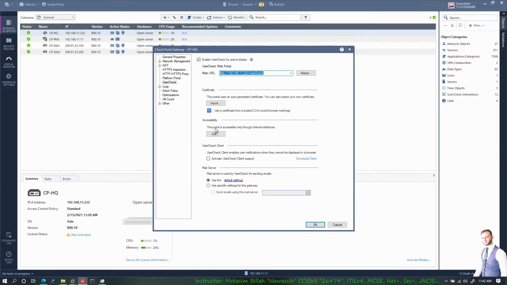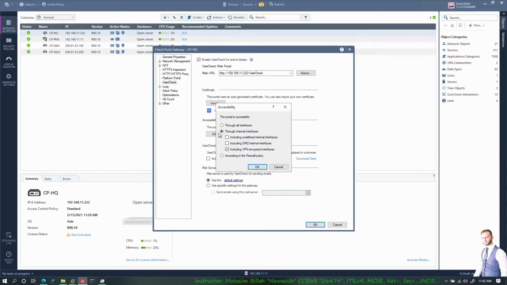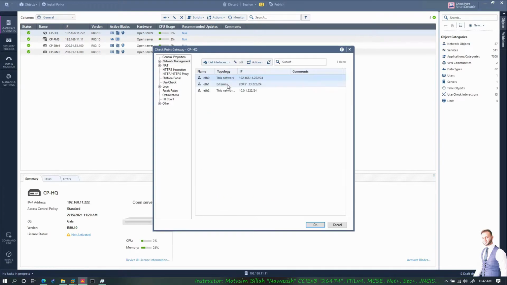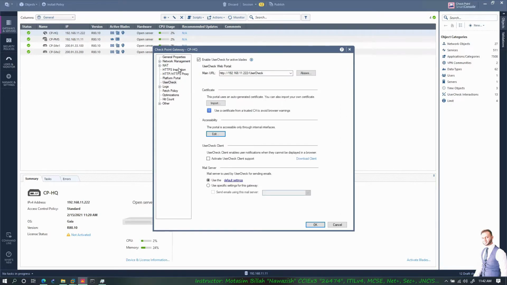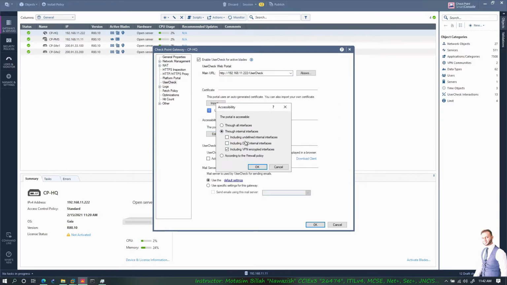Here in the accessibility portal, the portal should be accessible through, right now by default it says through internal interfaces, and only the VPN encrypted interfaces are being selected. So whatever interfaces are internal to you, you will get this user check option. But if you have undefined interfaces that are not defined as internal, which we did previously here, these,